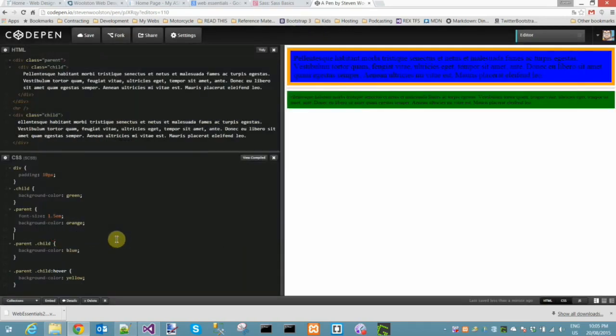So let's have a look at how to nest our CSS in SASS. Let's start with our parent. So we have a parent selector. By nesting our elements, we're essentially saying exactly what we have here. We have a parent, and then within the braces of the parent class, we say that anything that is